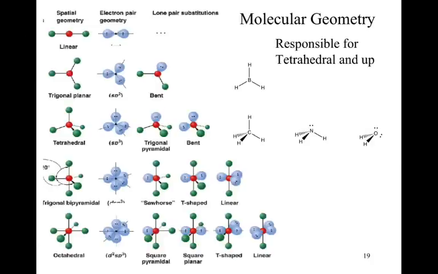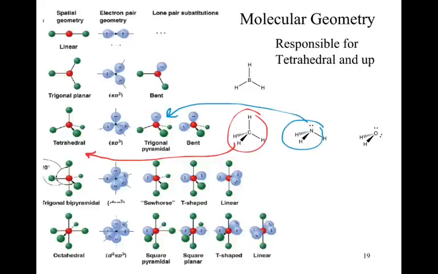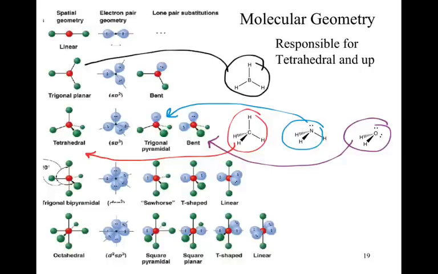Okay? If we look at some kind of representative structures, methane, CH4, nice and symmetrical, is our tetrahedral example. Ammonia is our trigonal pyramidal. Water, drawn kind of oddly there, is our bent example. And the last one, borane, just because, is a trigonal planar example. Those are probably the four most common arrangements that you will encounter. Okay? And I'm probably only saying that because I'm an organic chemist,